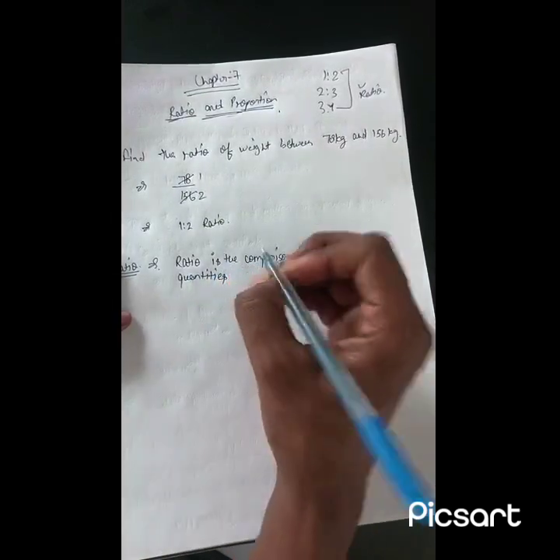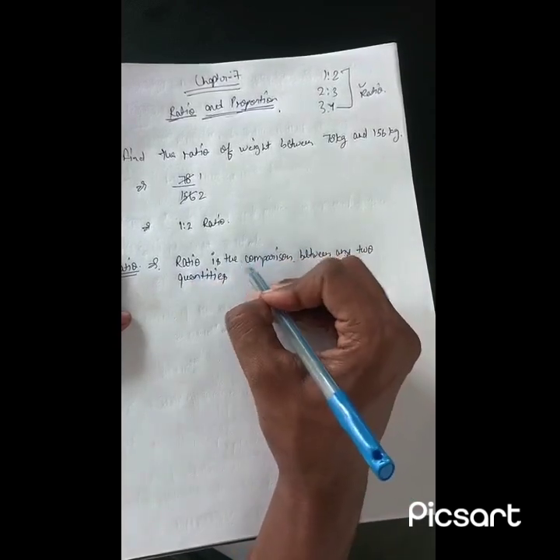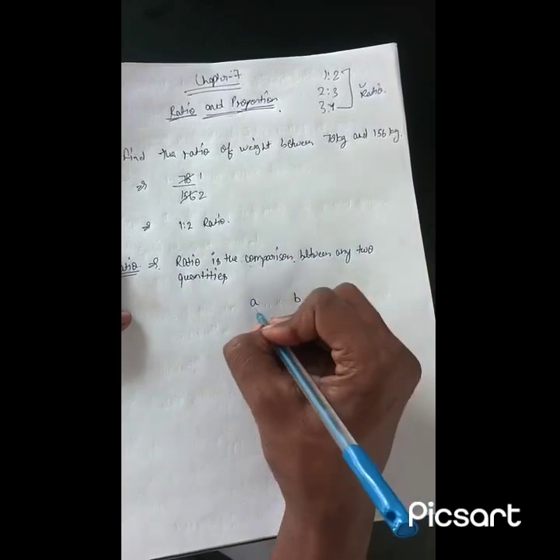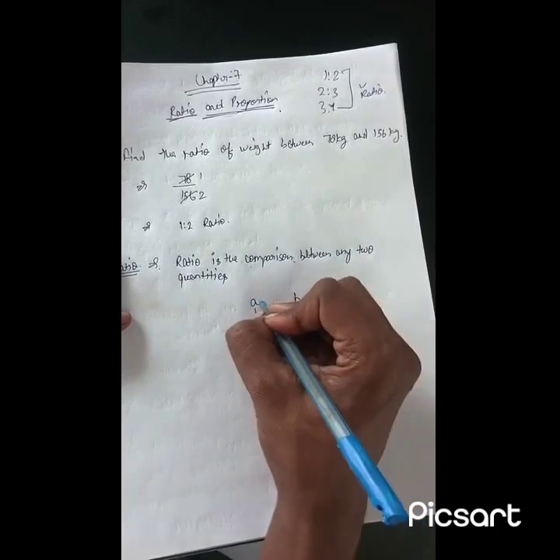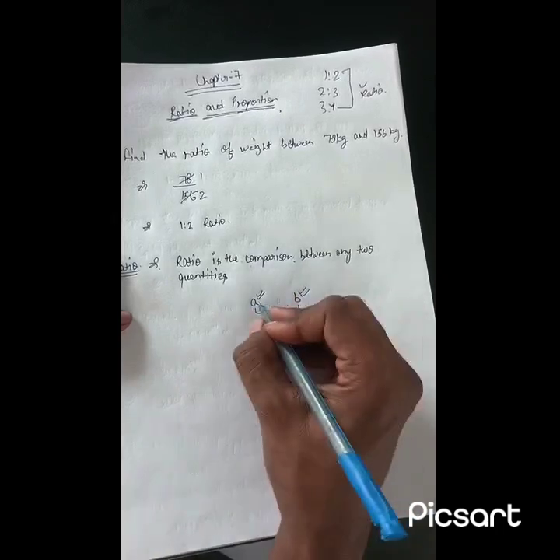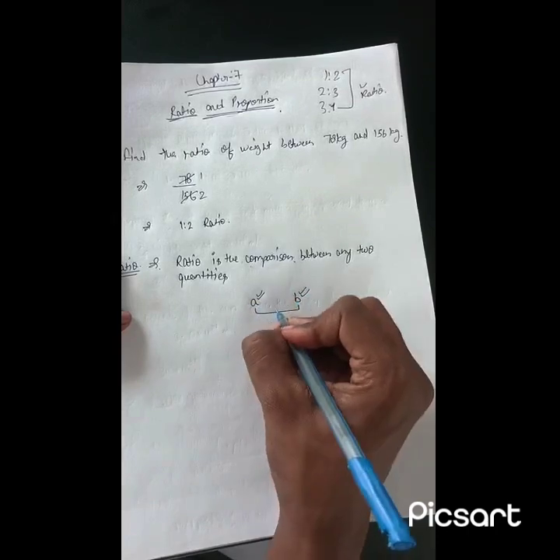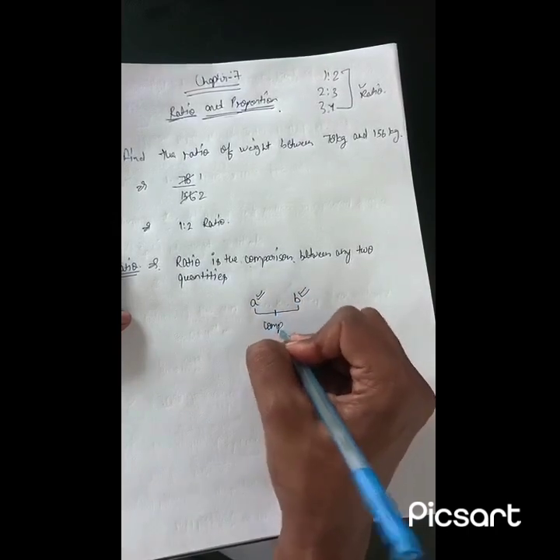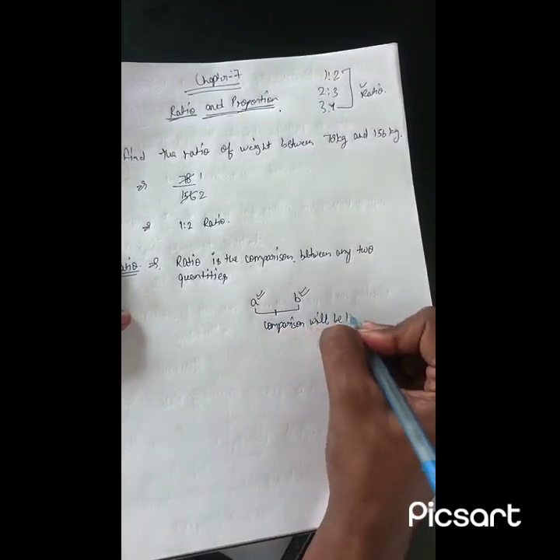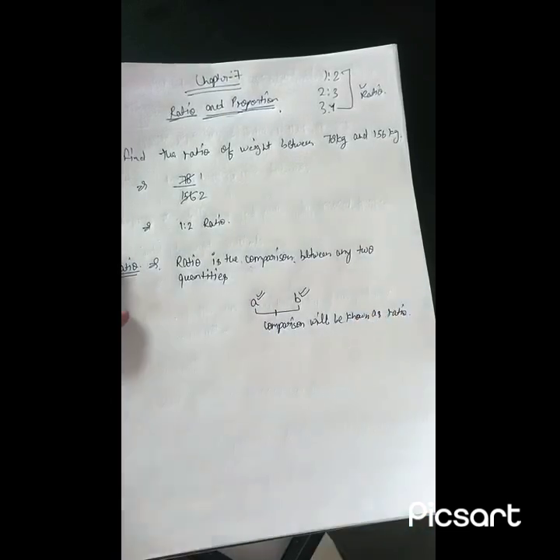The comparison, when we compare two things, suppose it is A and it is B, you have to compare what are the good things in A and what are the good things with B. So when you will be comparing these two, that yes this is good in this region, this is good in this region, this comparison will be known as ratio. Okay,